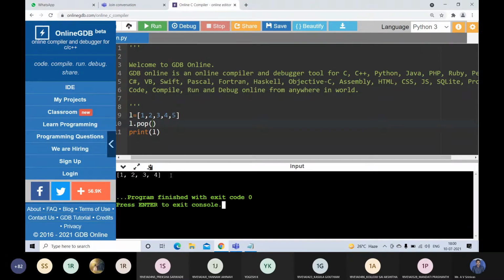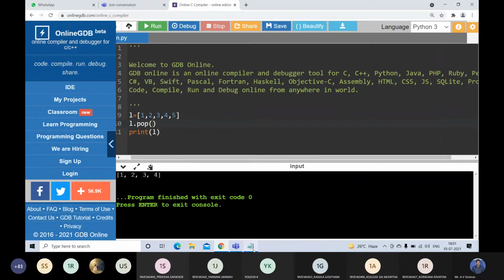For the pop method, if you pass an index, whatever value is at that index will be removed. If you are not passing any index, it will remove the last element from the list. So whenever you want to remove the last element, you can use the pop method and not pass the index value. This can be mainly useful for the implementation of stacks using the list concept. That we will see later.